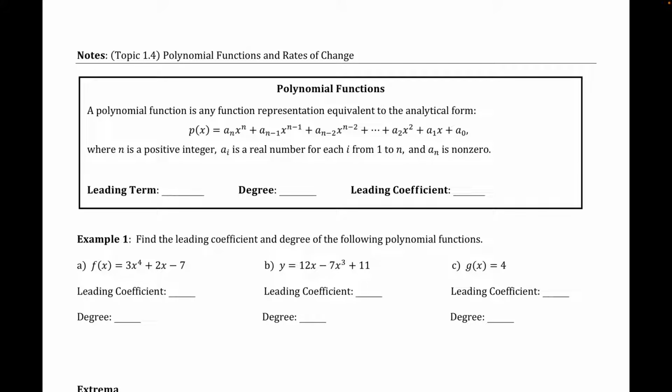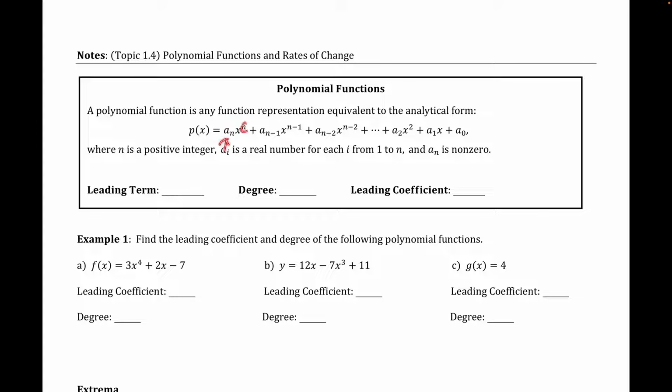We are in AP Precalculus. We're doing the notes for topic 1.4, polynomial functions and rates of change. And it has this maybe helpful definition of polynomial functions. A polynomial function is any function representation equivalent to this form where you have some number out